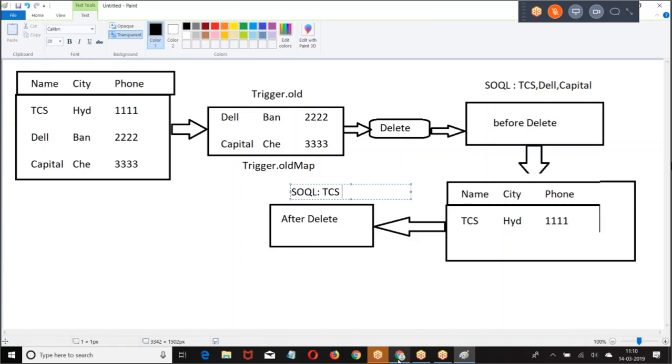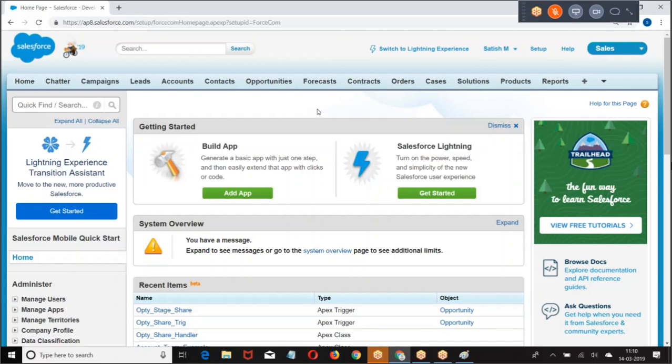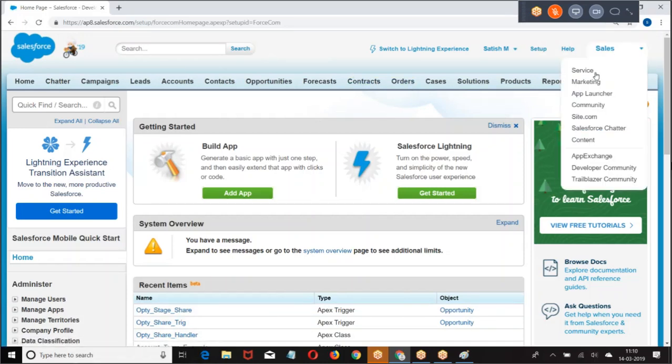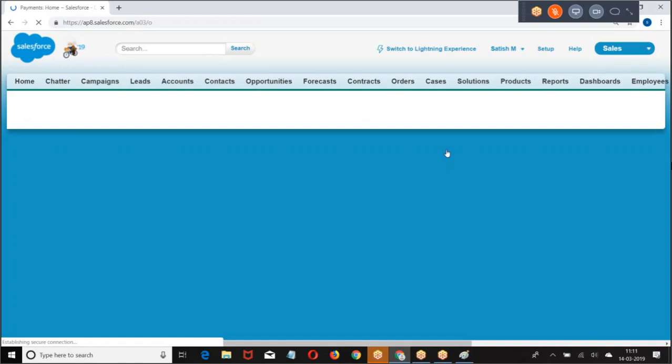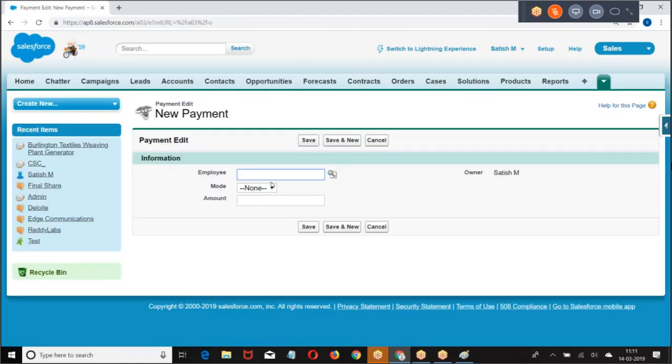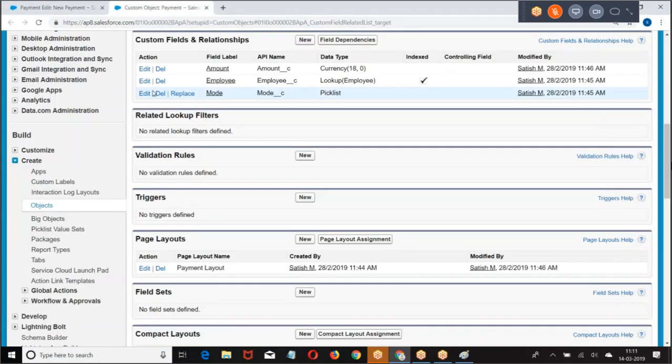Let us take some use cases. I'll give an example here. Payment object, employee is a parent. There is a lookup relation.